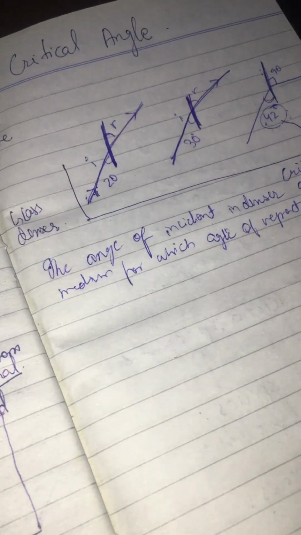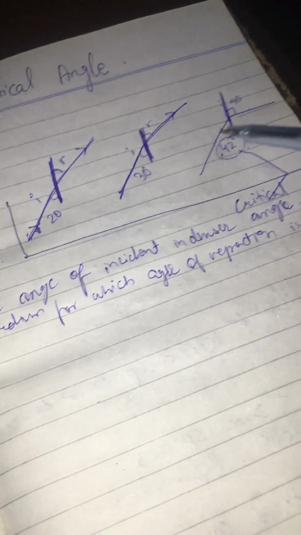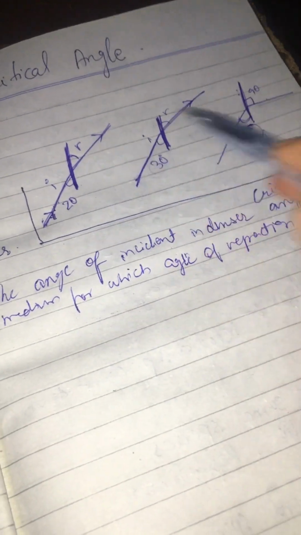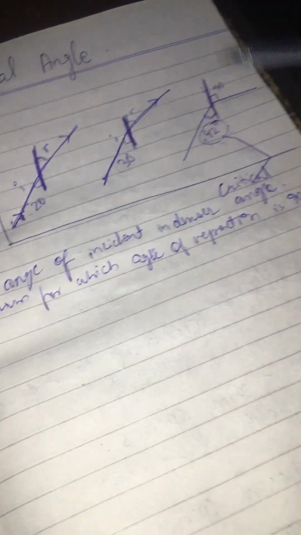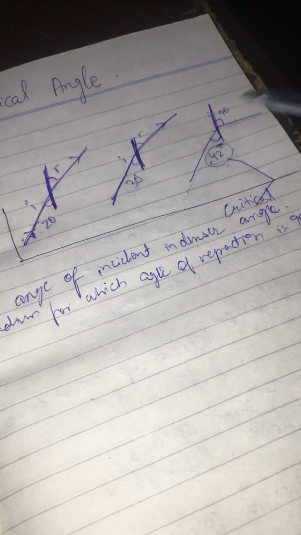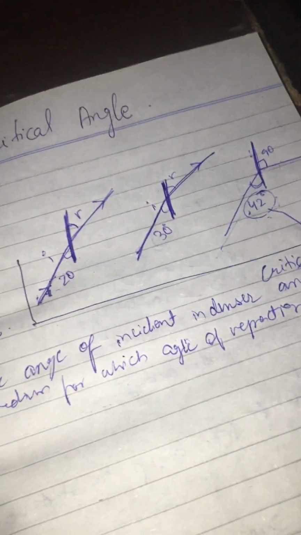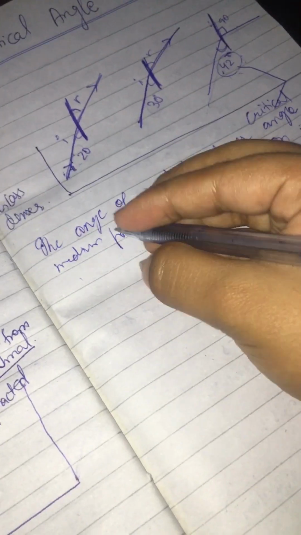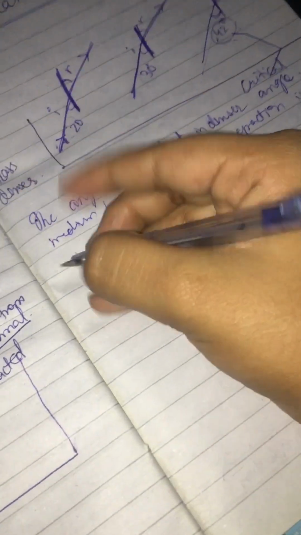So as we have changed the degrees here, we have changed the values here. Now there would be one condition where it would be a fixed 90 degree, and that is known as the critical angle. So here is the condition for the critical angle, which is